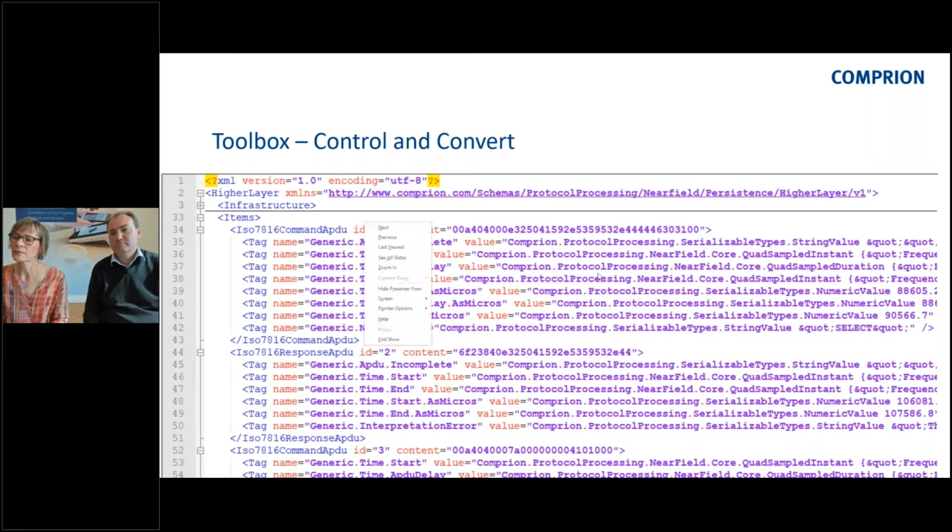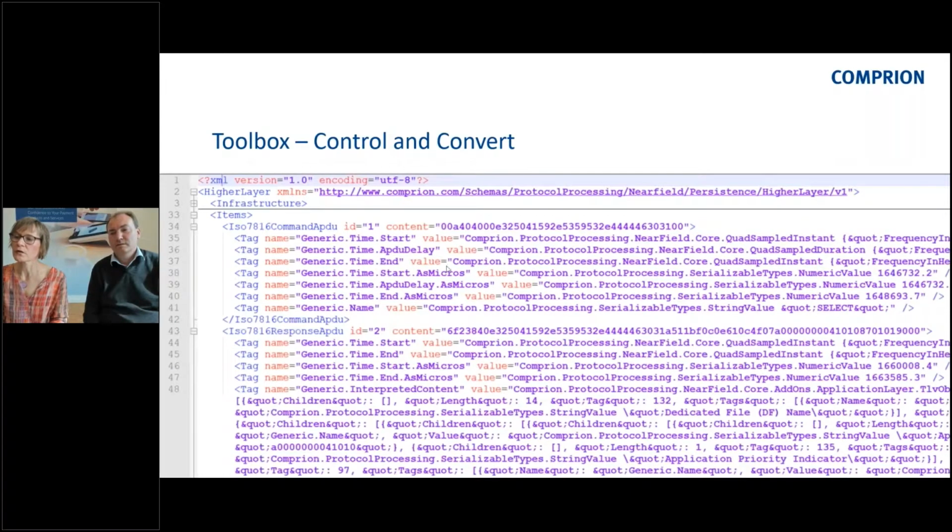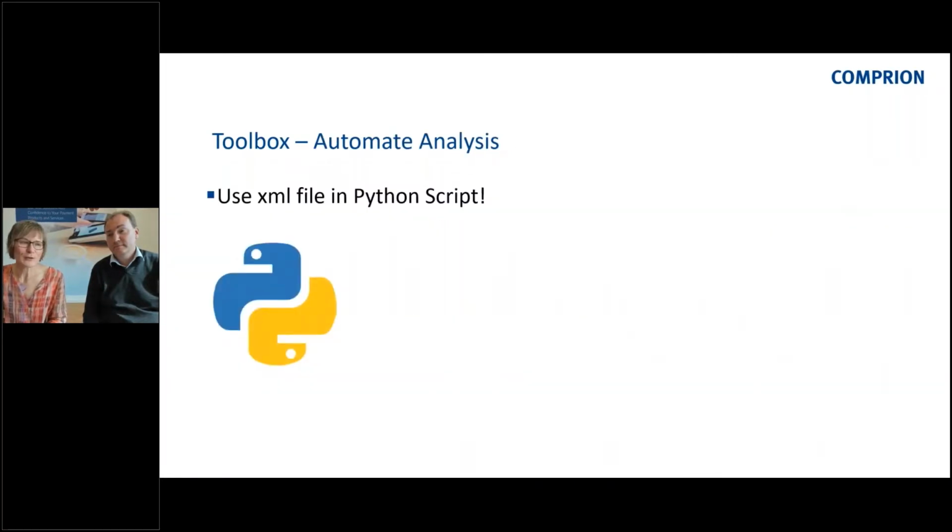Well, it's not just that we are able to make good XML files, we also make bad XML files. We also have complete XML files just to make this complete. So yeah, you don't want to look at this because that's very confusing maybe and a lot of details. What can you do with an XML file? You can put this into a Python script, for instance, or into any tool you prefer to use for further